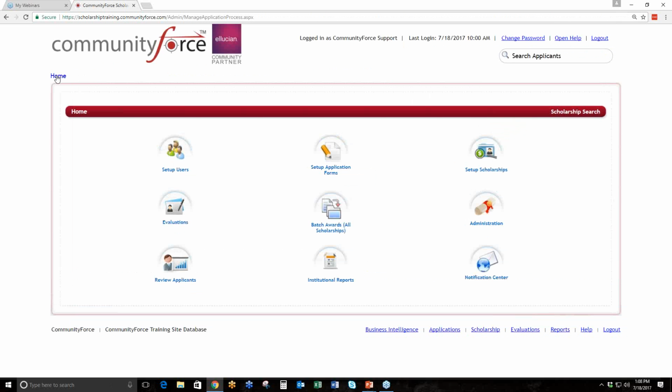And as we also mentioned, when you're making assignments and adding committee members to committees, if you are a global administrator or a department administrator, you actually have the ability to be put on a committee to review. So if that's the case, you as an admin, when you log in on your home dashboard, you have an icon down here in the lower left-hand corner called Review Applicants. So if you've been assigned applicants to review, or maybe you even had a process where you are signing out staff members that have administrative rights, you gave them a task, they access those review assignments through the Review Applicants. Now when I click this icon,